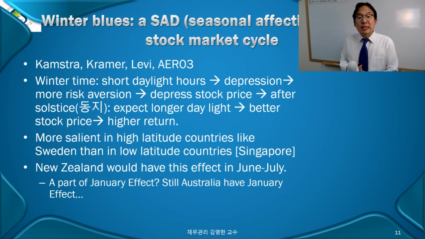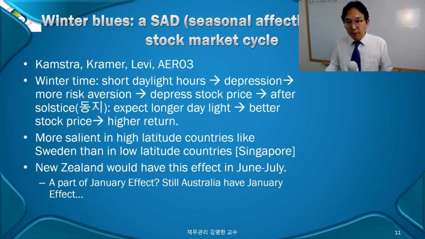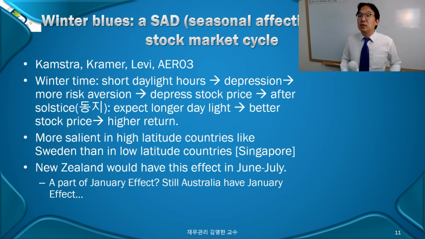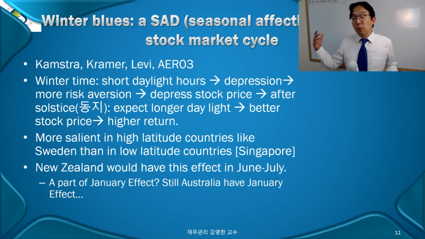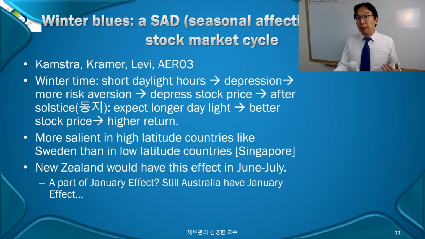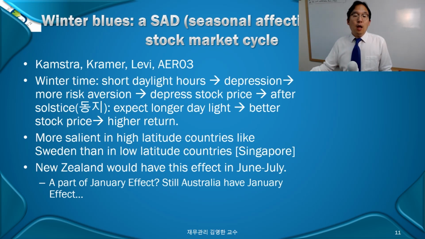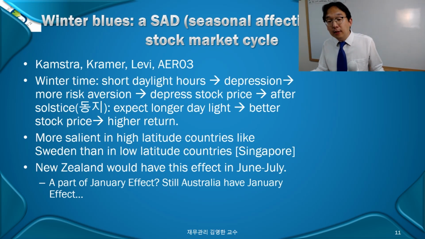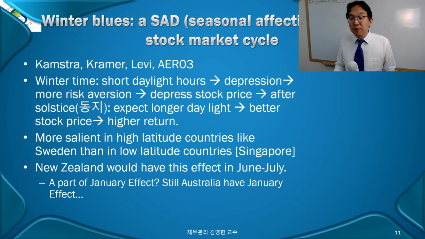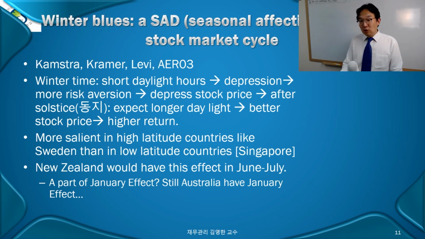And then as you go through the longest night of the year, how do you say, the solstice, or we call it 동짓날, right? The day with the longest night hours, December 22nd. After that, you expect to see longer and longer daylight. So your expectation gets priced so that the price increases, which coincides with the January effect. Yeah, the seasonal disorder is there. And this effect is also present in the Southern Hemisphere during the June and July time.